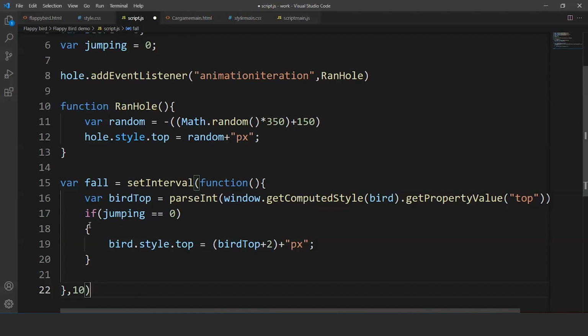So here in this function we are using the top value provided to the bird. We have used these two functions, window.getComputedStyle and getPropertyValue, to get the element's style property with ID as bird, and the top value we need will be passed to the following function. The value of jumping is 0, so the style.top will be set to bird top plus 2 pixels. Now the initial value was 100 pixels from the top, and 2 pixels will be added to the value after every 10 milliseconds. Save it,